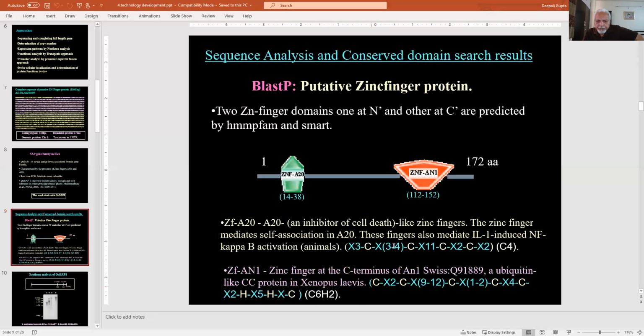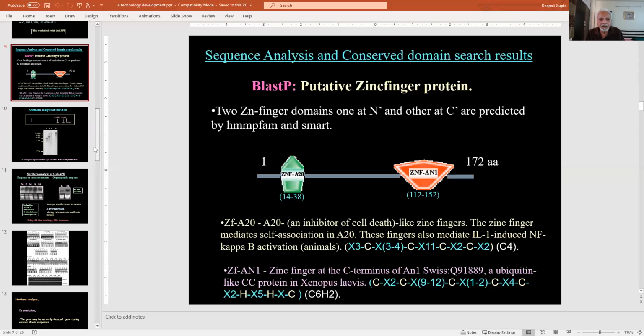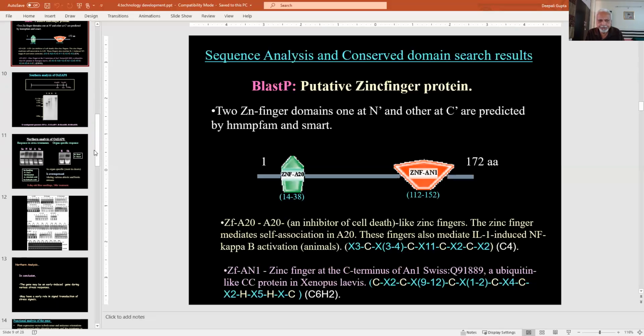So the proteins which have either one of them or both of them are present in animal systems. None of the proteins which has both these domains was reported from plants. So this was the first protein which has both these domains in the same protein. After deriving this kind of information, we went on to do some